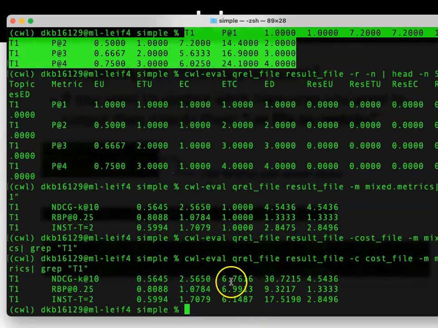And so with the costs now, we can see that under DCG at 10, the total cost is probably going to be 30 seconds, it's suggesting. Whereas with RBP, it's saying that they spend about 9 seconds on the page, and under INST, they're saying they spend about 17 seconds on the page. So if we actually have observed data, then we can compare how long they spend on the page compared to how long we predict they'll spend on the page as a way to sanity check our metrics, and another way to triangulate whether we're getting a good